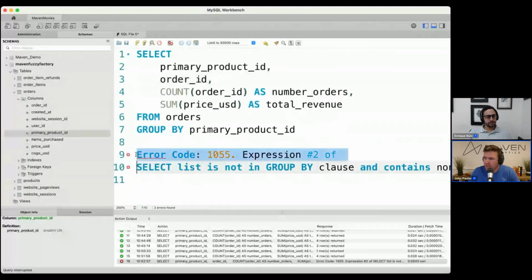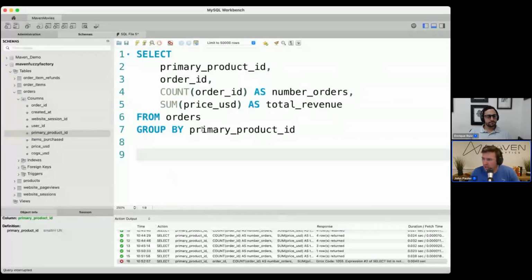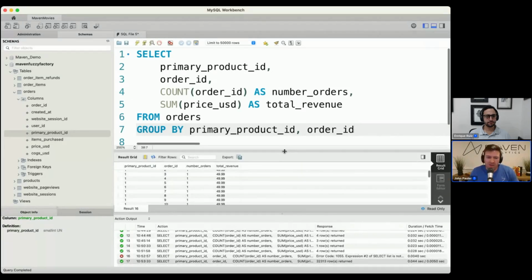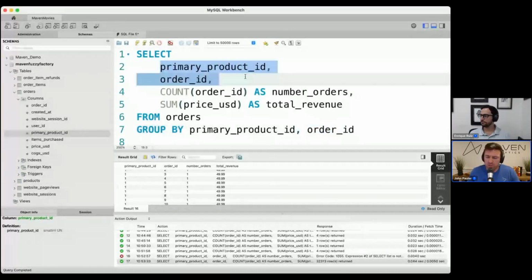The way that we could fix it is we could add it here, and now we're also grouping by order ID. The challenge is that's a grouping that doesn't add a lot of value, because the data was already at the order ID level. But you can see that for any of your non-aggregated columns, you have to include them all in the group by, or else you're going to have a problem.